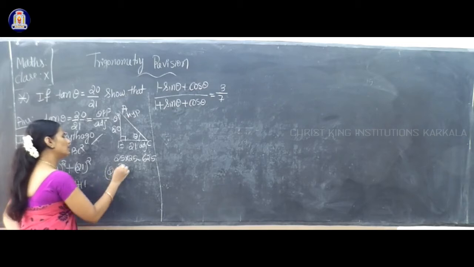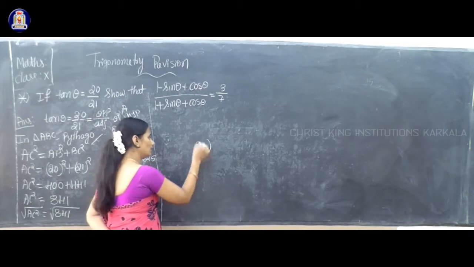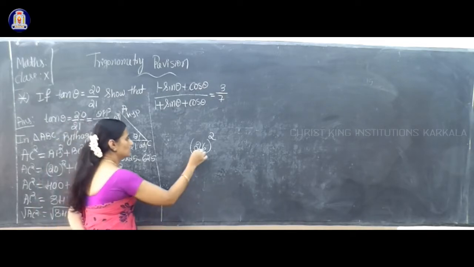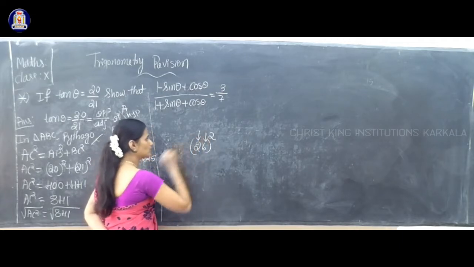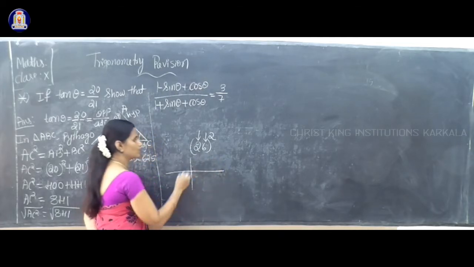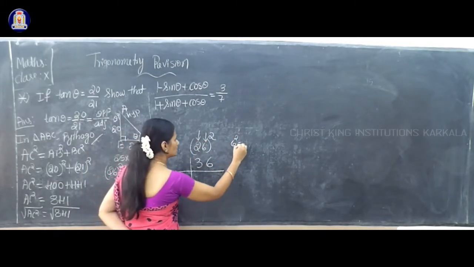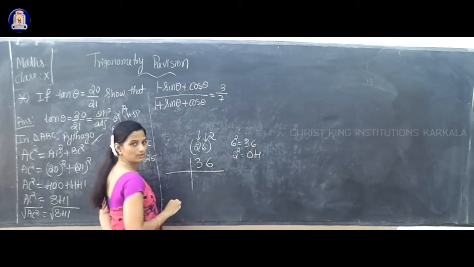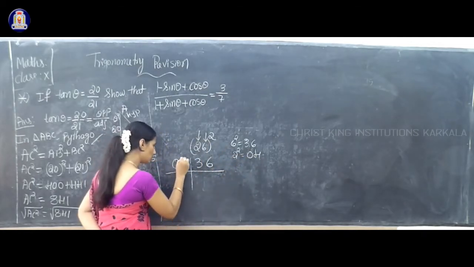Now 26 square is how much here? There is one easy method to find a square. Instead of multiplying 26 into 26, take the square of each digit. 6 square is 36, so first write that. 2 square is 4, so write it as a 2 digit number, that is 04.